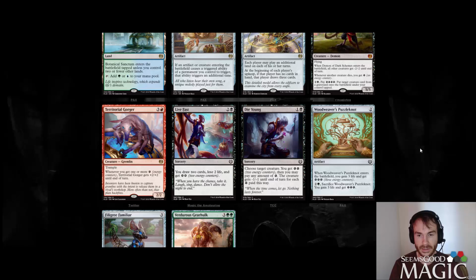Next we have Die Young, 1 and a black, black sorcery. It's a common. Choose target creature, you get 2 energy counters. Then you may pay any amount of energy. The creature gets -1/-1 until end of turn for each energy paid this way. So at worst, it's 2 mana, -2/-2 to a creature at sorcery speed, which isn't fantastic, but in limited is very good and certainly always playable. And on top of that, it works well for an energy strategy. So I like this card. I think it's definitely good and going to see a lot of limited play,